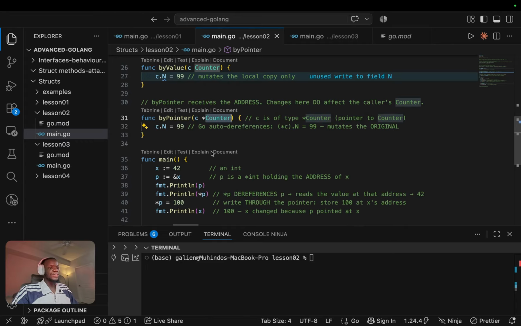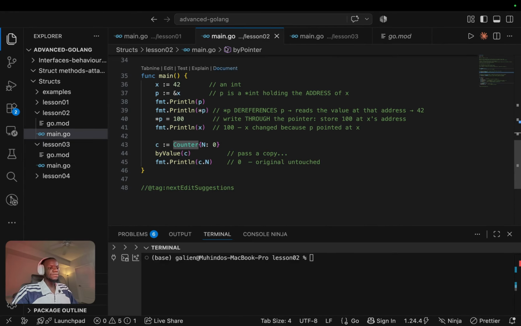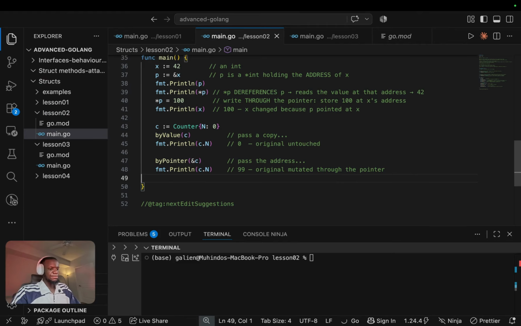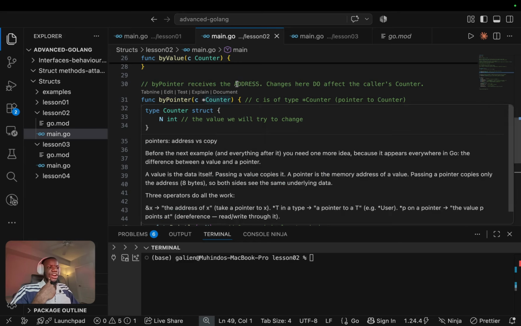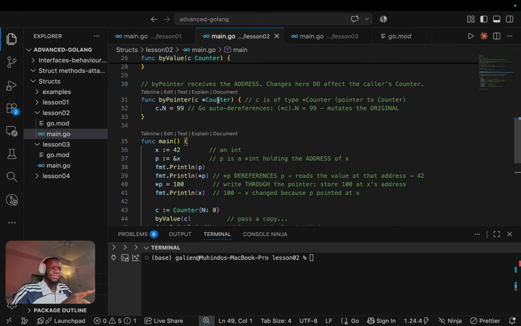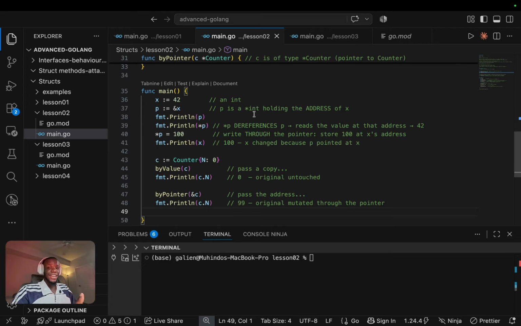So if we go down here, what can we do? We can just pass the same counter in here, and as we are passing the pointer, one thing to put in your head and note down is whenever we have a function that has a parameter of type pointer to a type, pointer of counter, and counter is a type, that simply means if we pass an argument, that argument must be an address, because we are trying to mutate value